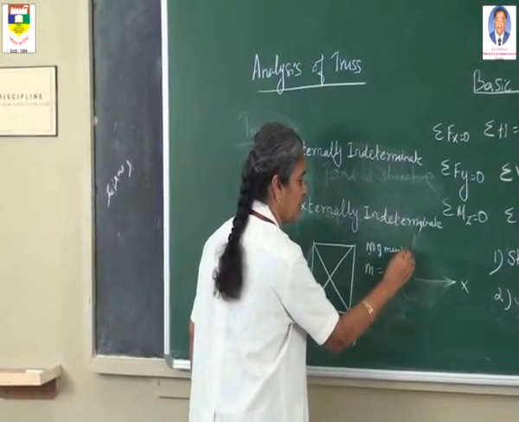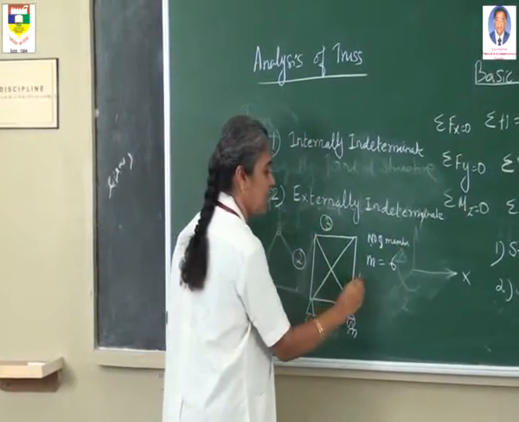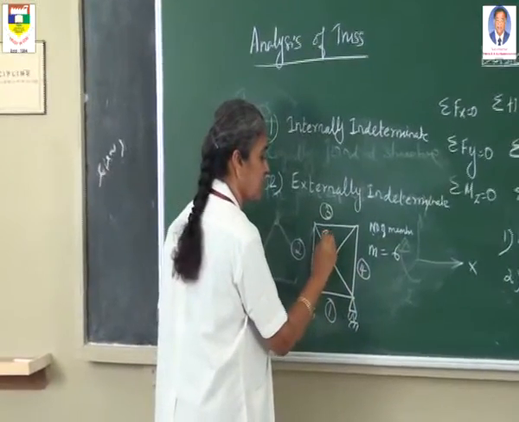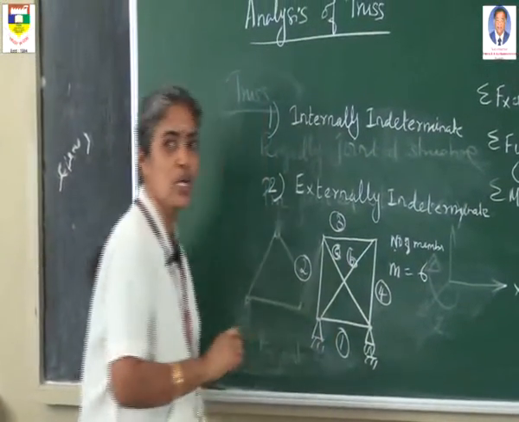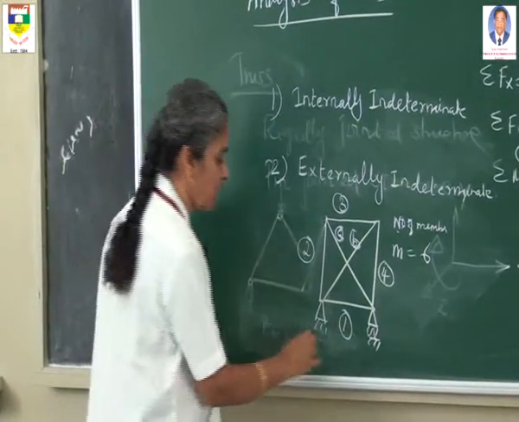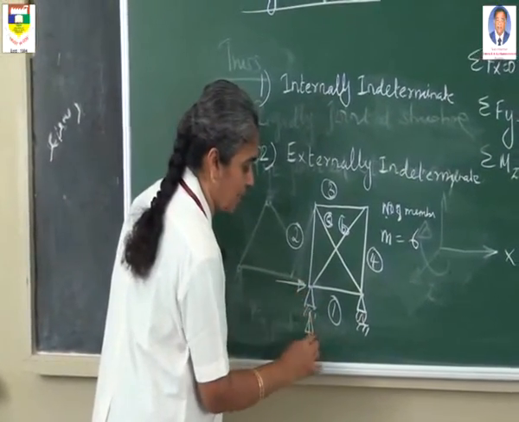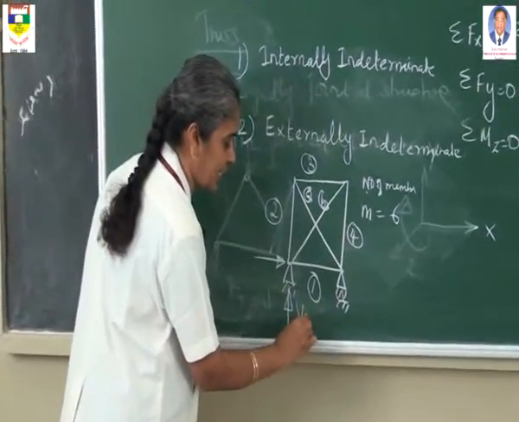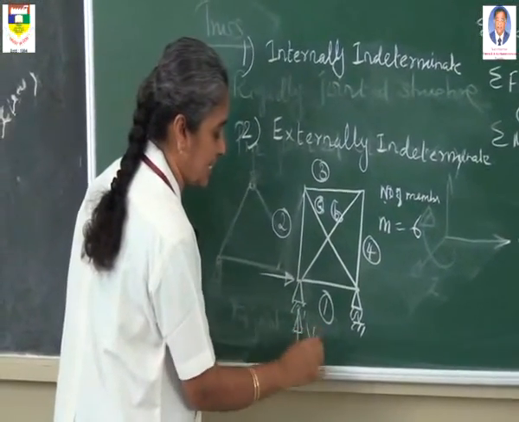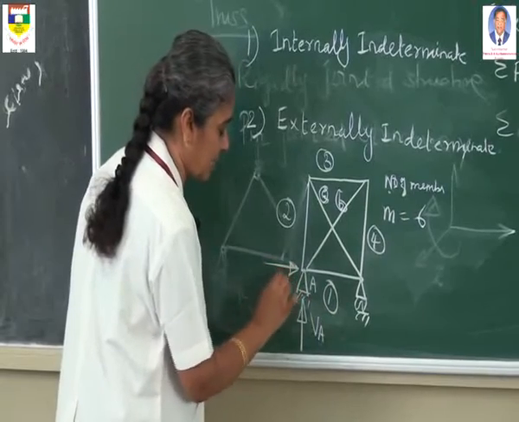6. That is, this is the first member, this is second member, this is third member, this is fourth member, this is fifth member, and this one is sixth member. So there are 6 members and 2 supports, and this support is hinged support. It is having 2 reaction components. One reaction is acting in a vertical direction, that is VA,